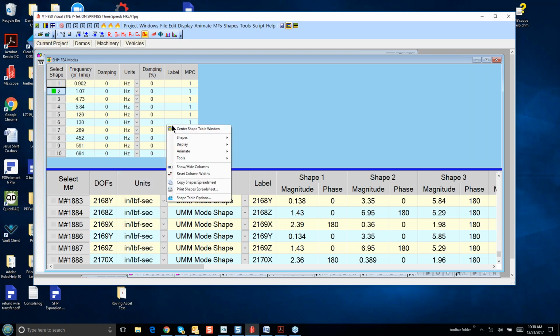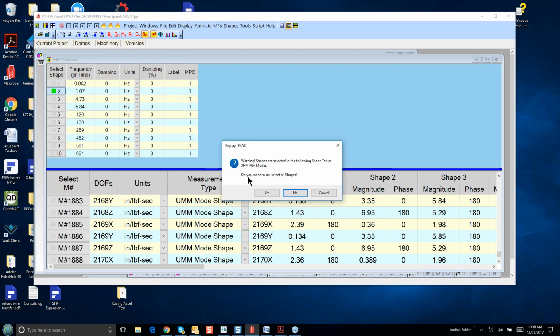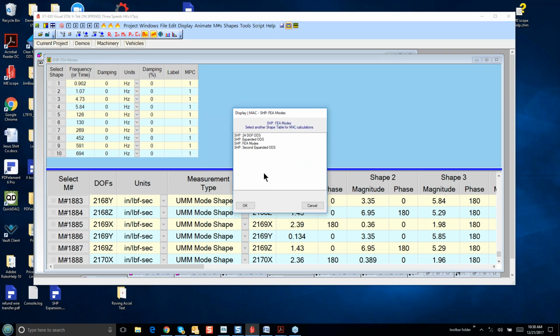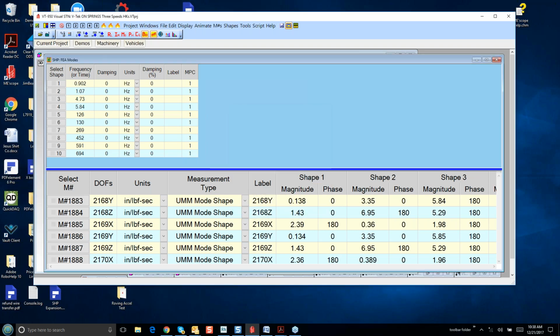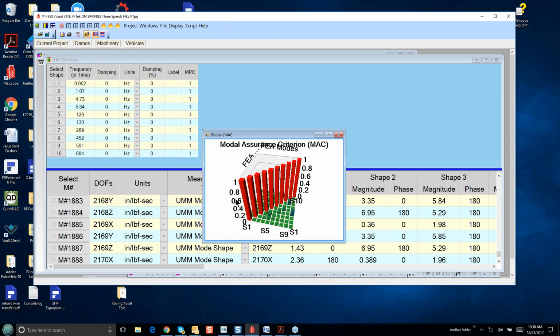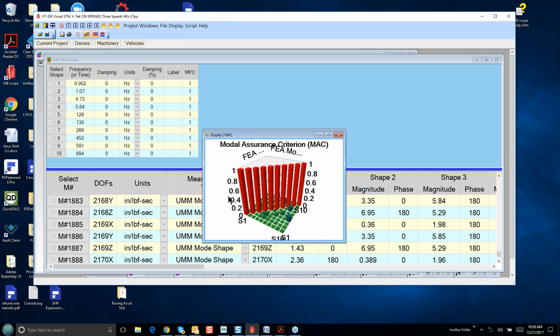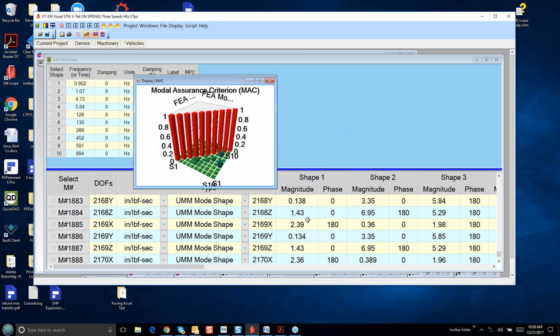But getting off on some rabbit trails, some tangents here, let me look at the MAC value between all of these shapes. Now it says you got something selected here. Do you want to unselect? I'm going to say yes. And I'm going to compare them with themselves. So I want to compare the FEA shapes with themselves. Now remember, the MAC value compares a pair of shapes. So what this is doing here is comparing pairs of shapes